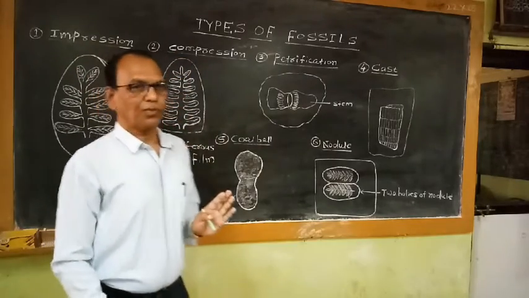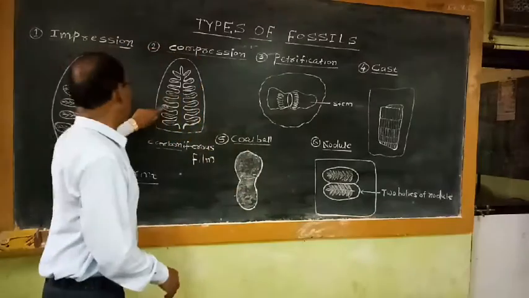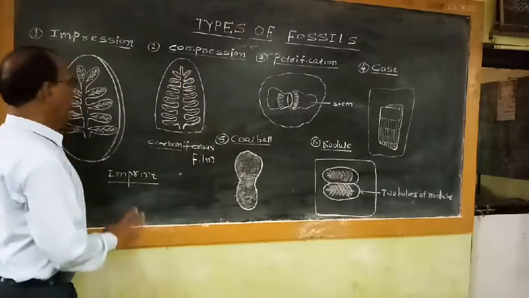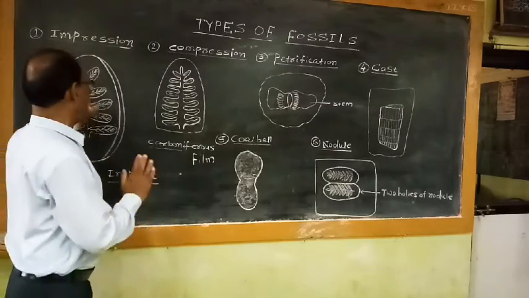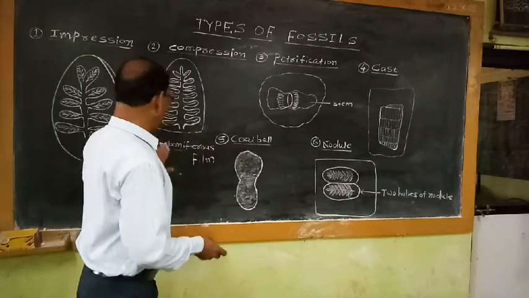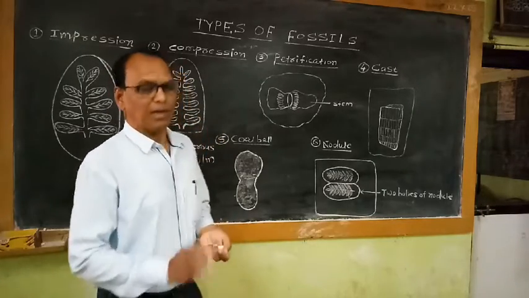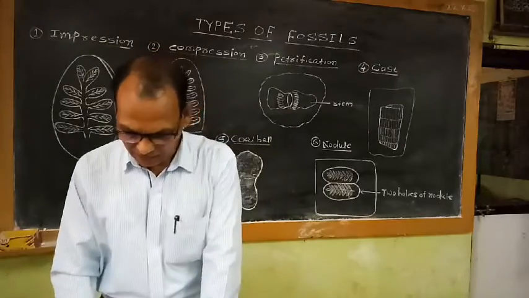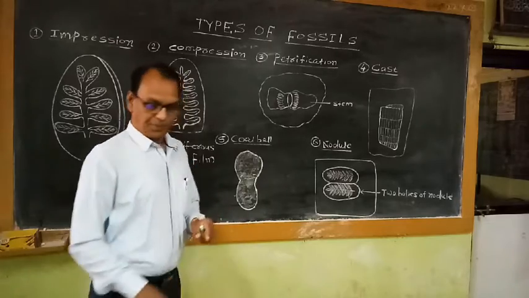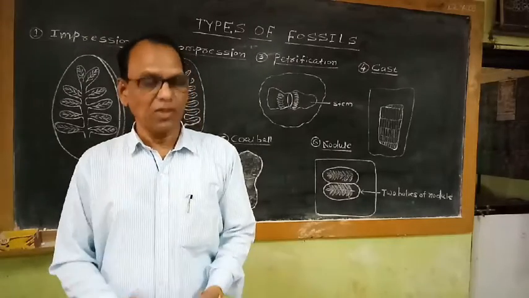In this type of fossil also, some amount of organic matter is preserved. But if we compare the impression type of fossil with the compression type of fossil, in the impression type of fossil, only the imprint is recorded. While in this compression type of fossil, in addition to this carboniferous film or marking of the leaf, some amount of organic matter is also preserved or retained. So this film of carboniferous material shows marking of external characters along with some organic matter.